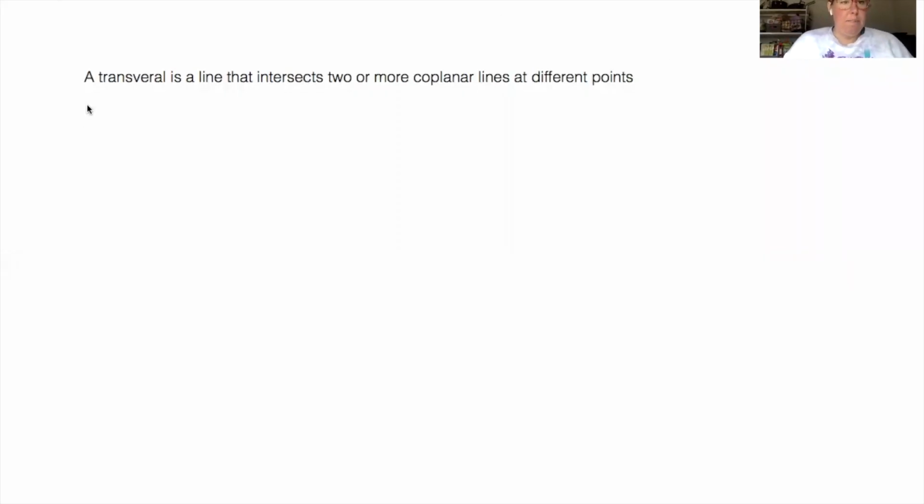Transversal is our big ticket vocabulary word for this section. A transversal is a line that intersects two or more coplanar lines, meaning on the same plane, at different points. So we have